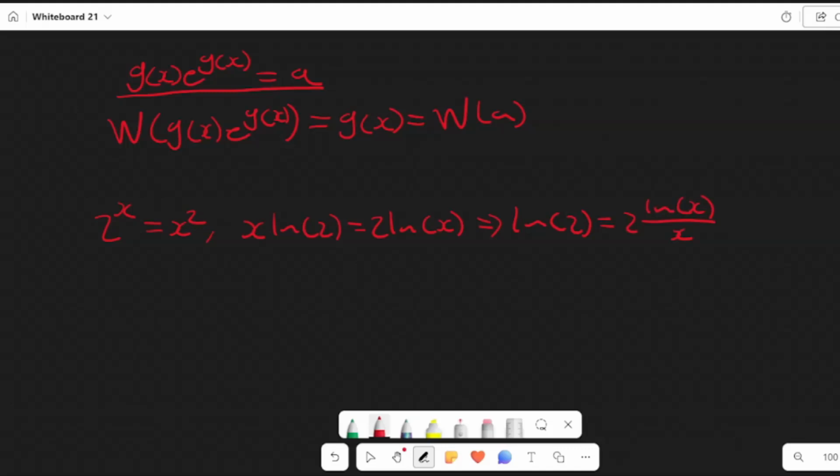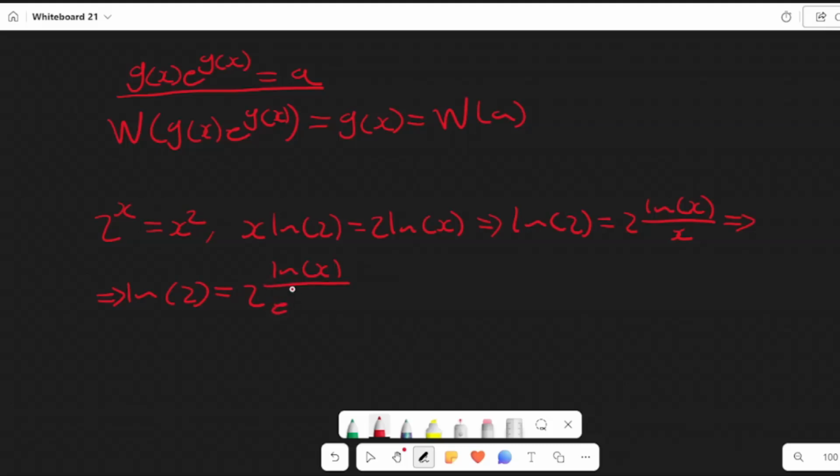But I can actually write x as e to the ln of x. I should add an implication sign, but natural log of 2 is equal to 2 natural log of x over e to